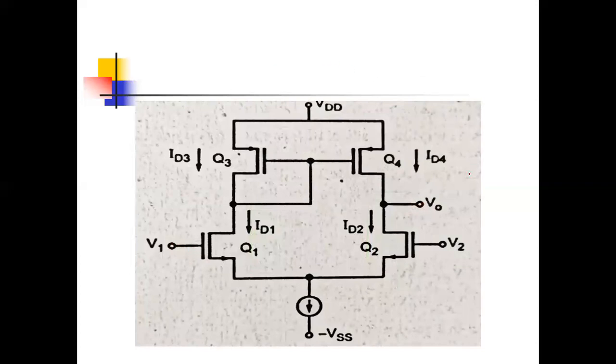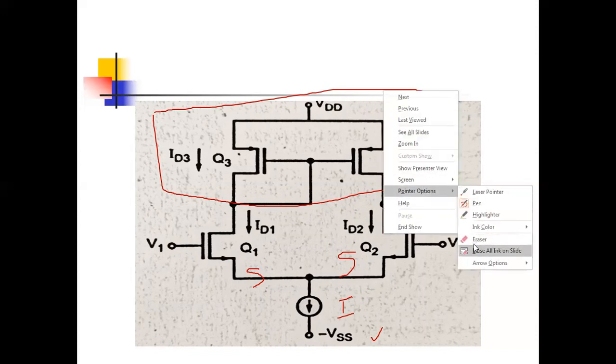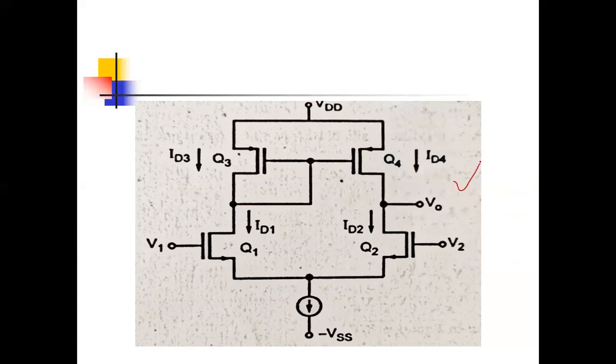Now we will do the detailed derivation of the gain of this differential amplifier with active load. Okay, now see the circuit again. This is our normal differential amplifier. Both sources are connected with a common current source I. Remember, the negative supply is compulsory. There is no ground. This minus Vs is negative supply, plus Vs is positive supply, and the upper part is your current mirror. This transistor Q3, its current is ID3. This is transistor Q4, its current is ID4. Transistor Q1 current ID1, transistor Q2 current ID2. And remember, we are taking the output from this second one.